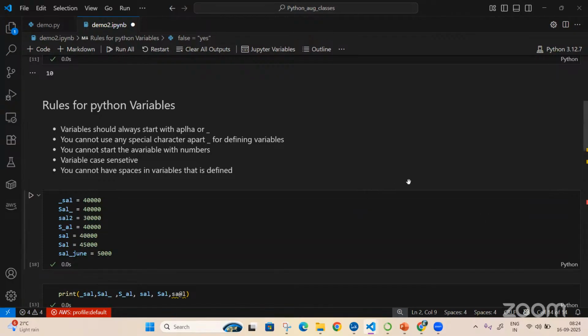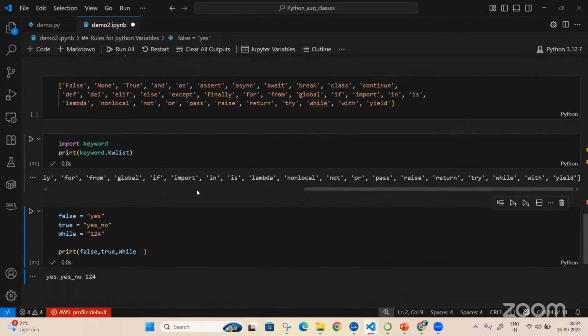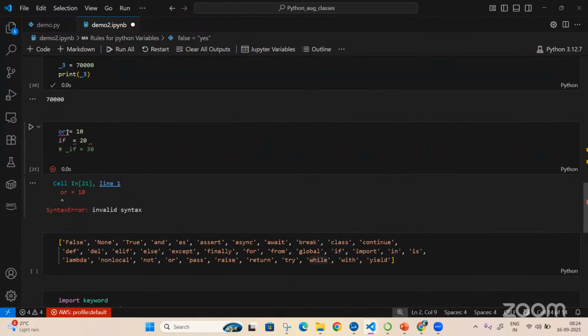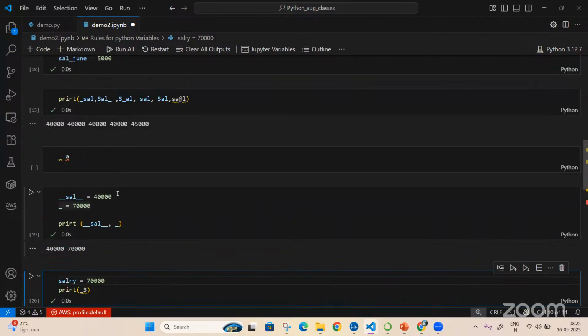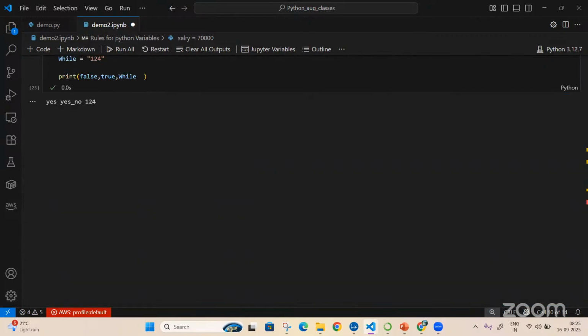Any doubt? Okay. Very simple topic, how to assign a naming convention for a variable. Whenever we assign something to a variable, it should be a meaningful name. If I say _3, it doesn't make any sense. Whenever you define any variable, try to give it a meaningful name, like salary. Now I can understand what this variable is storing. If you just give _3 underscore something, that isn't a proper naming convention. So always make sure you give a proper naming convention whenever you define variables.